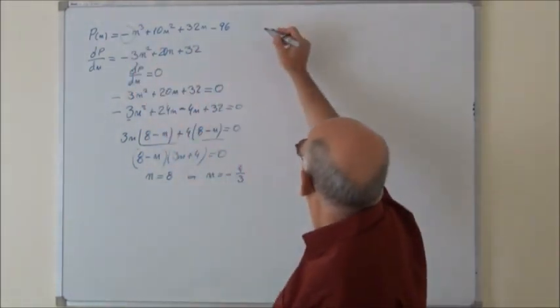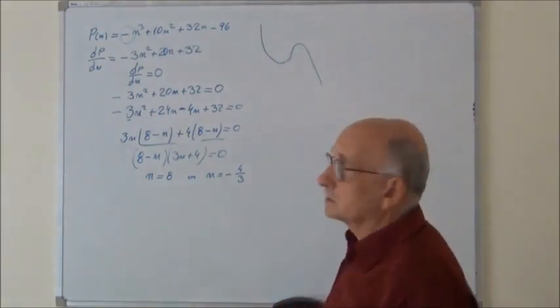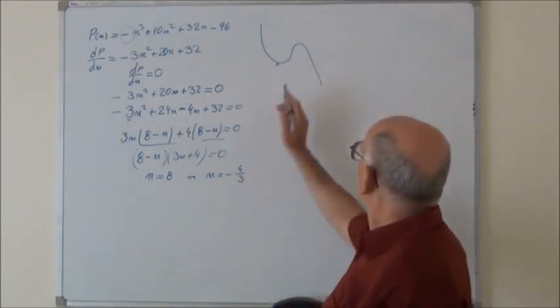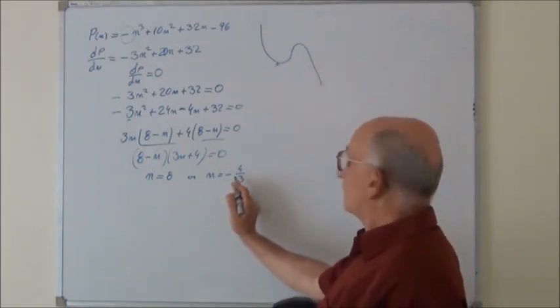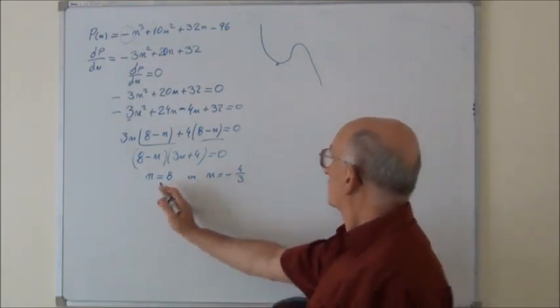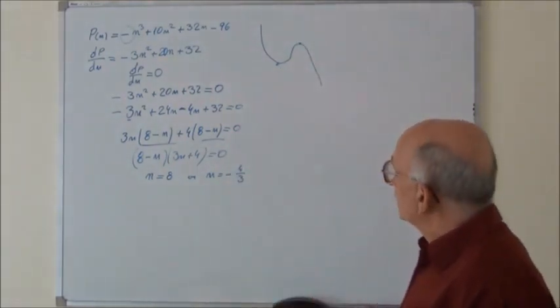Negative cubic, remember, negative cubic, something like this. So the first stationary point is the minimum, and this is minus 4 and 1/3, smaller than 8, but this is the maximum. The other way